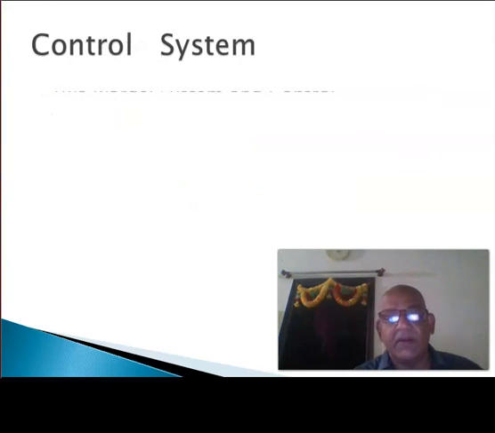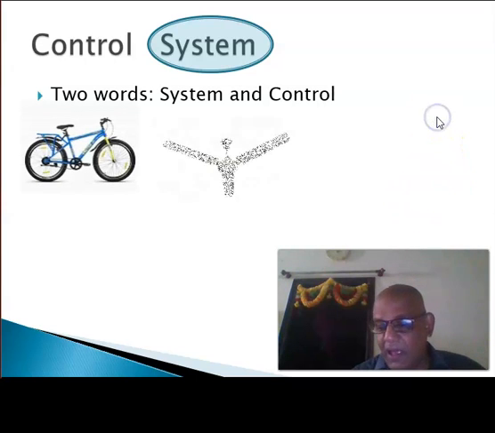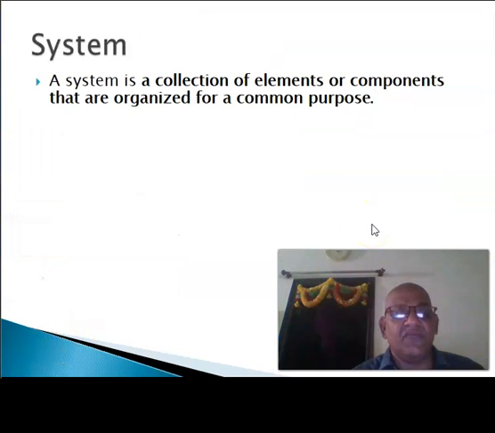There are two words here, system and control. For now, we'll see what we mean by system and then come back to control later. As an example, these are several systems that we come into contact with in day-to-day life: a bicycle, a ceiling fan, a refrigerator, and a man. This is a compound system consisting of two subsystems and a refrigerator. With these seen, we can define a system as a collection of elements or components that are organized for a